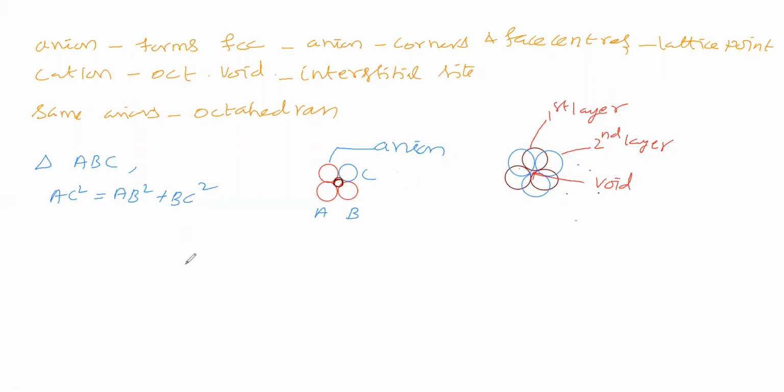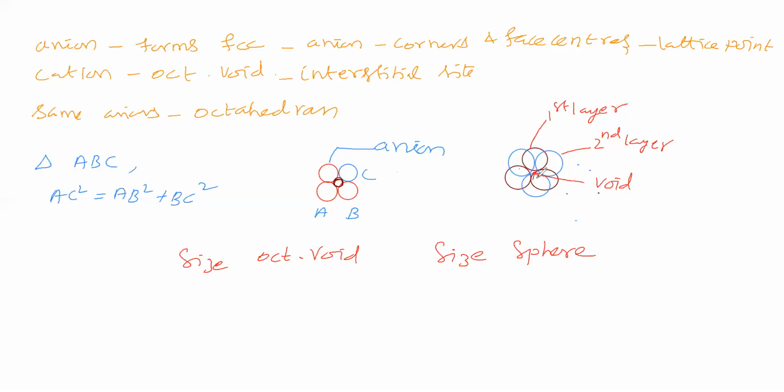What is the size of octahedral void? Now the question is the size of octahedral void and the size of the sphere which makes the octahedron. Compare the size of octahedral void and the size of this sphere which makes the octahedron. How are these two sizes? Do you say same, or which is small?